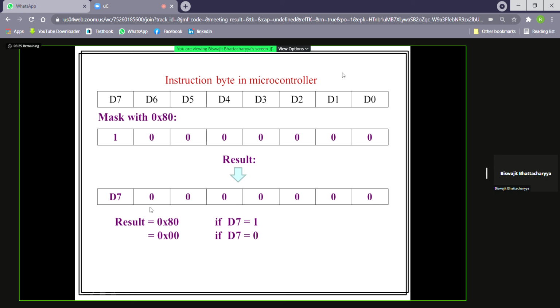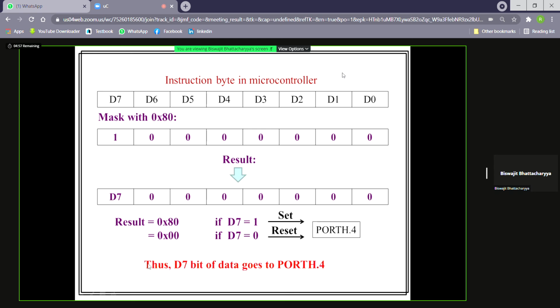So if originally our D7 bit is 1, after masking the result will be 80 hex. If the original D7 bit is 0, after masking the result will be 00 hex. So from the result we come to know whether D7 equals 1 or D7 equals 0. The result will tell us.